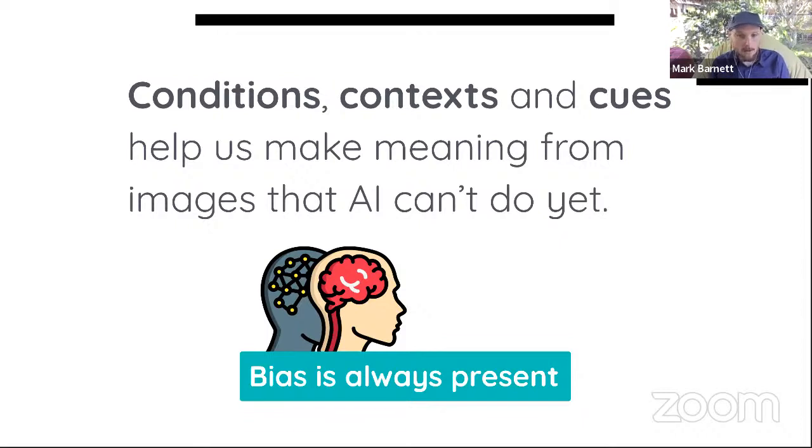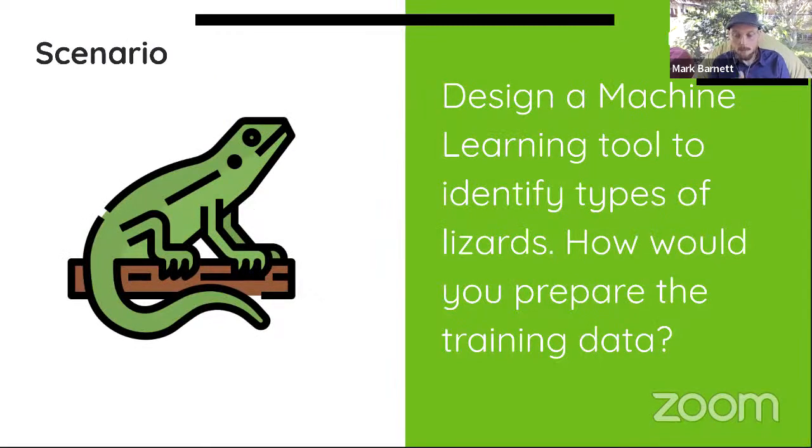We can use our bias in a way to help us understand and make meaning from the context of what we see around us. But if we want to better understand those biases, it's always good to reflect on them, see where they're coming from, and see if they have any errors. Kind of like the machine learning, sometimes there's data errors because of bias. So it's possible for humans to do that too.